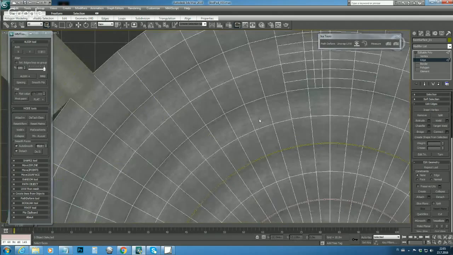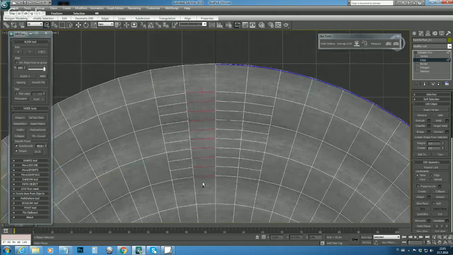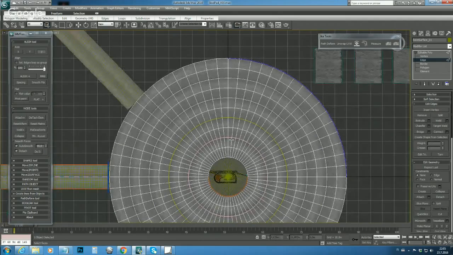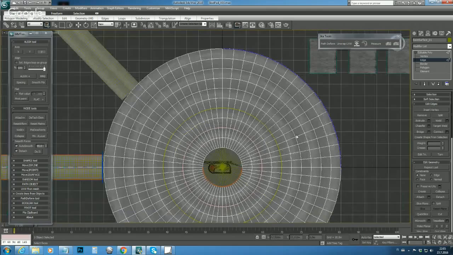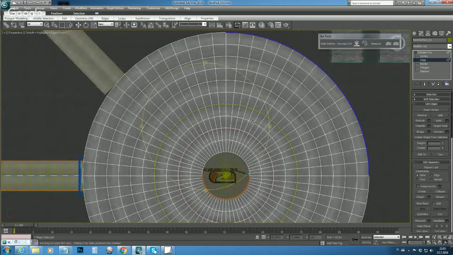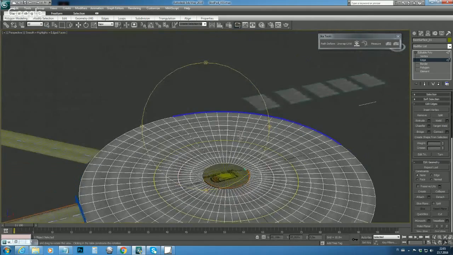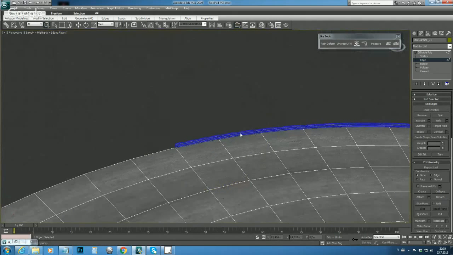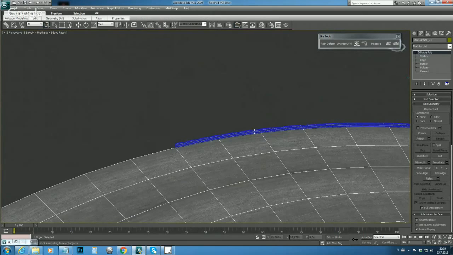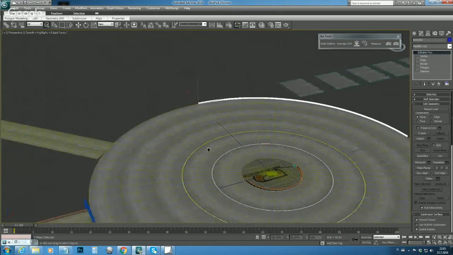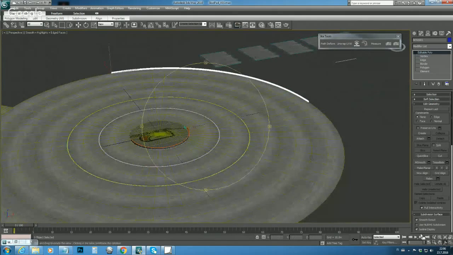Whoops, sorry. Let's go back a little bit. And let's go to the perspective viewport. So let's press P. And we can look at it a little bit closer. Another thing that might be good to use is